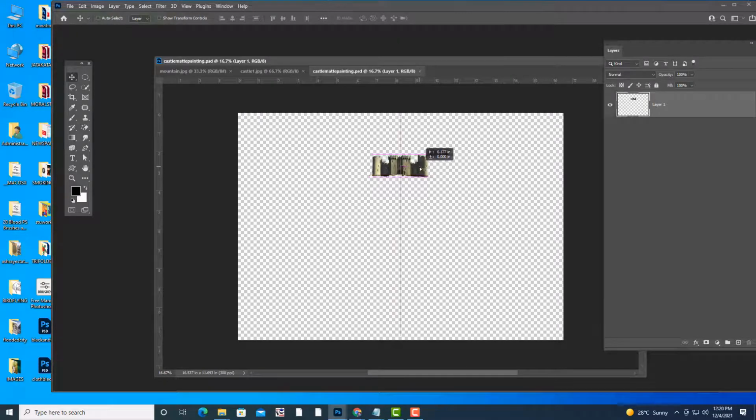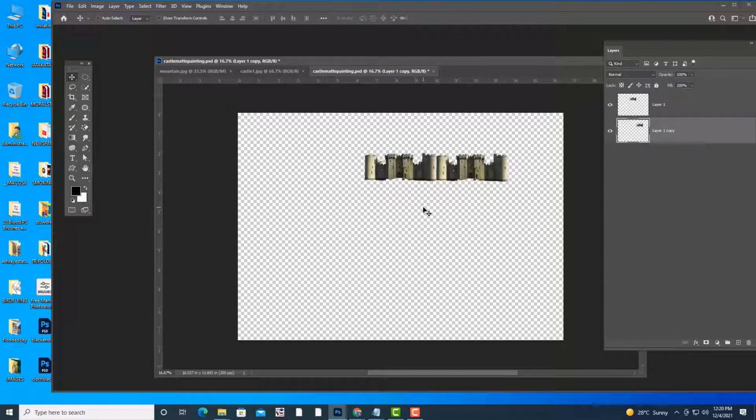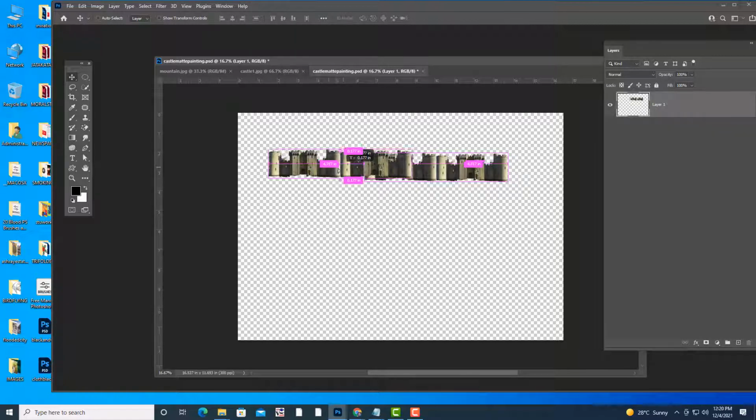So I have selected a castle. So let me try to scale it a little bit. Okay. So we can expand it like this. See? Right. So we can merge these two layers. We can make it a little bit lengthy.